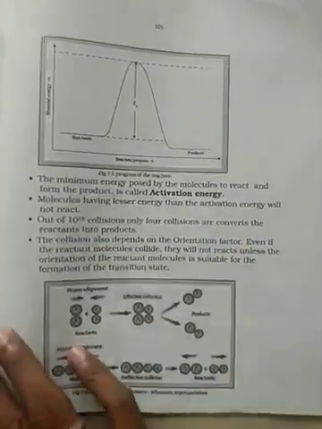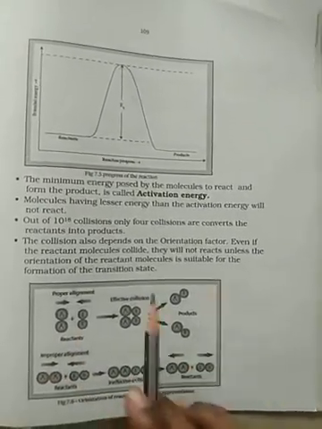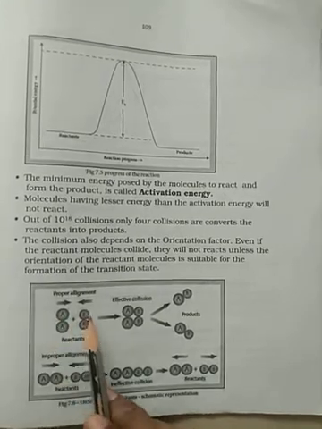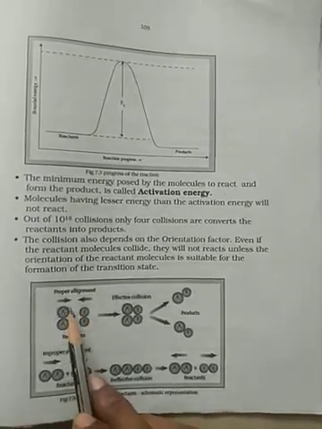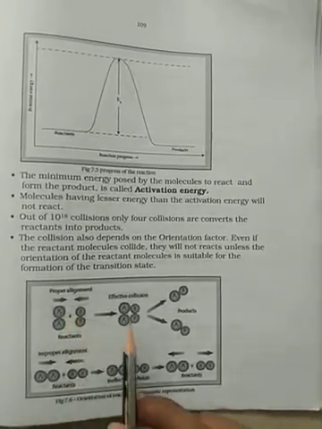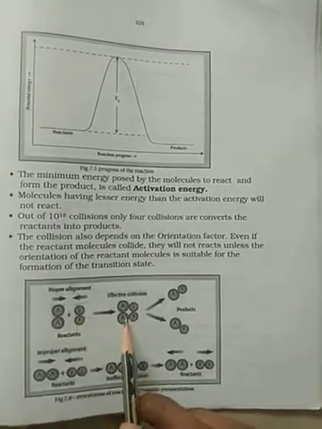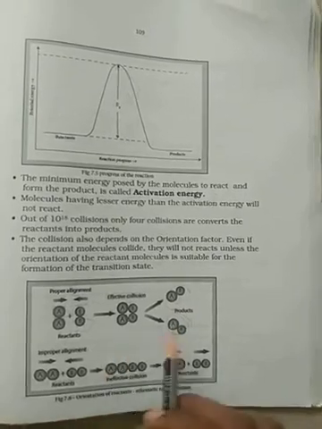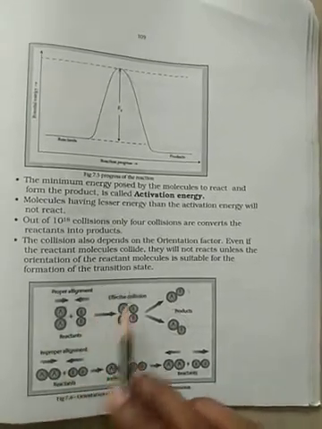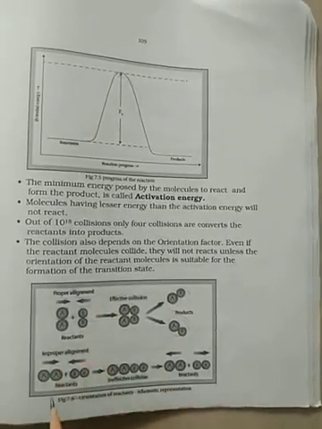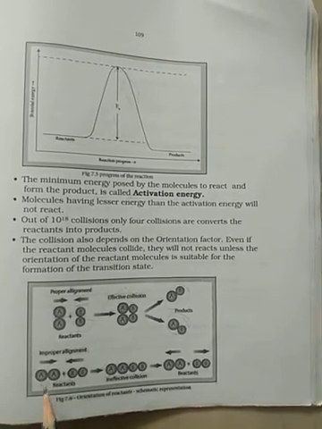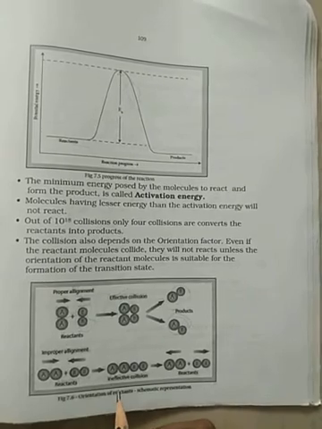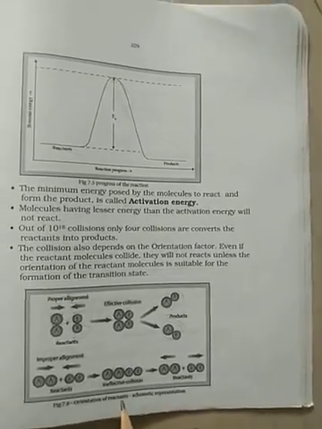For example, consider the orientation of collision, a possible factor, with A2 type and B2 type molecules. So this is forward, this is backward. So A2 and B2 are reactants, and AB product is formed with proper alignment. Improper alignment is a linear alignment: AA linear, BB linear. So this is an ineffective collision, with no intermediate formed.